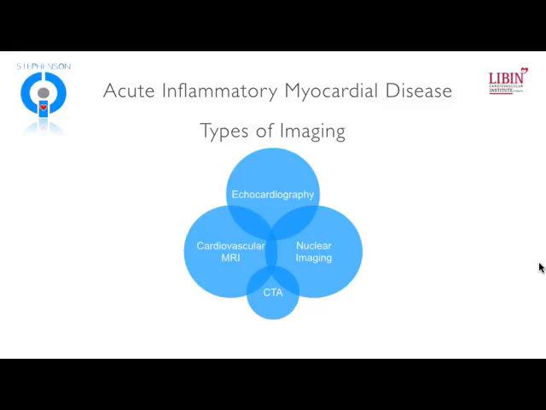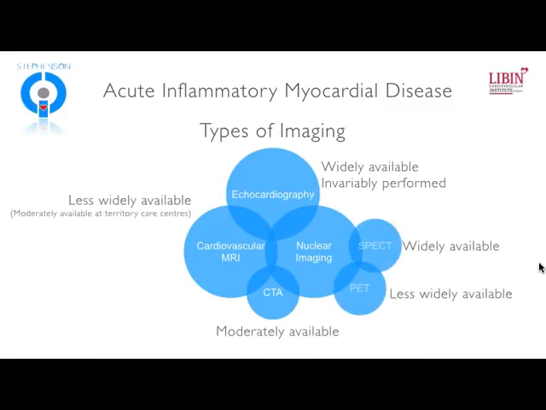So what can we use to image myocardial disease or inflammatory myocardial disease? Well, right now, these are the four most commonly used cardiovascular imaging techniques. We have echocardiography, nuclear imaging, CT, and cardiovascular MRI. And echocardiography is obviously widely available and indeed is invariably performed in every one of these patients. So it'd be very unusual for a patient to present with any form of cardiomyopathy and not have an echocardiography